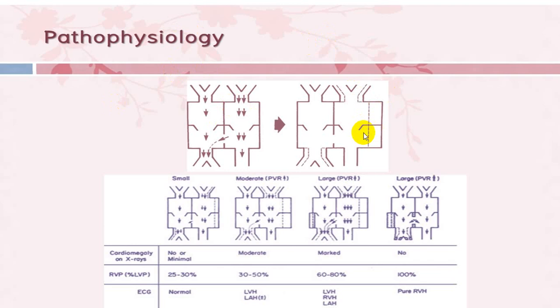Because of the defect, blood will flow from LV to RV, increasing volume overload. Because of increased volume overload, now blood will go more to the lung. All that blood will be getting oxygenated. That oxygenated blood will come to LA. That will result in left atrial enlargement and left atrial hypertrophy. More blood will come to LV. So you will have LVH, dilatation plus hypertrophy. So you have got LA and LV being enlarged and dilated, with hypertrophy.